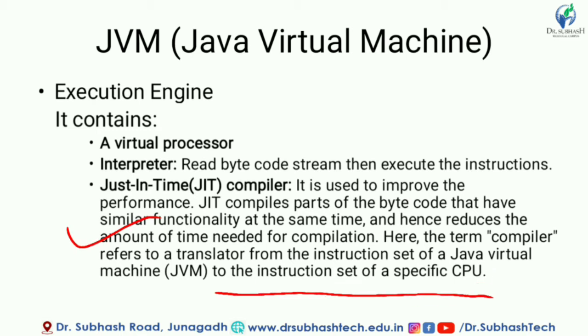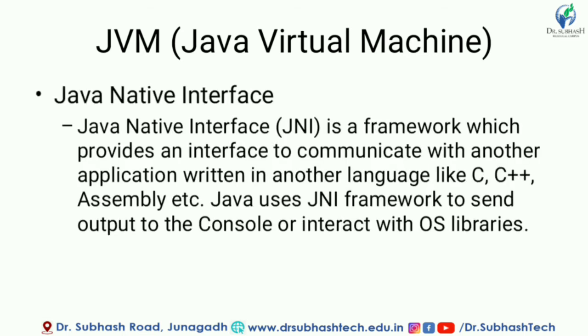So this is the just in time compiler, which is a fast compiler which is used to reduce the time for the compiler. Then there was a term Java native interface. Whenever we are executing the program, if we are using some native methods which are written in the native language, then we need to communicate with this language in the Java programs. For that, this interface is